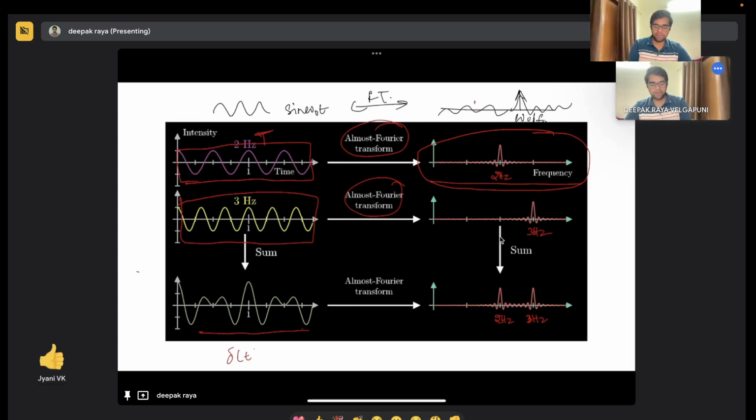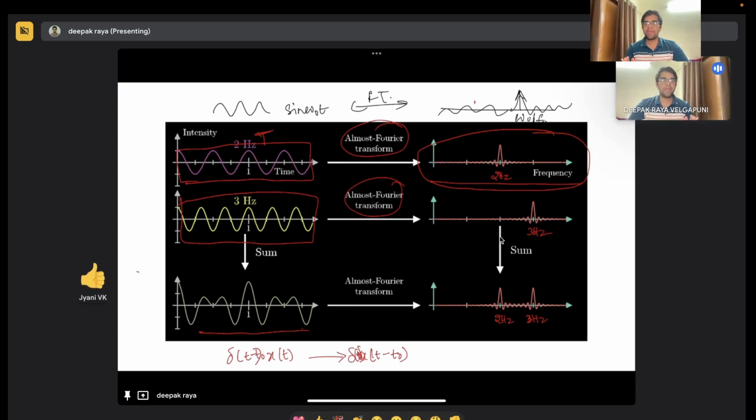So basically, if you multiply delta of t with x of t, what happens is called the shifting property. For delta of t minus t naught, you will have delta of t times x of t minus t naught. We'll discuss this later, but right now we will not go into it. For this one, we are just doing